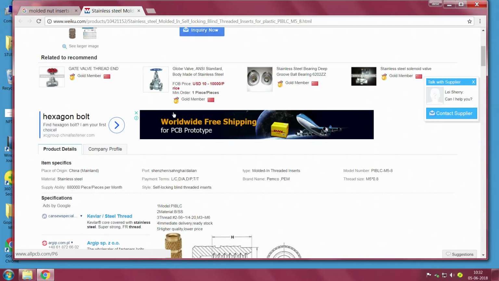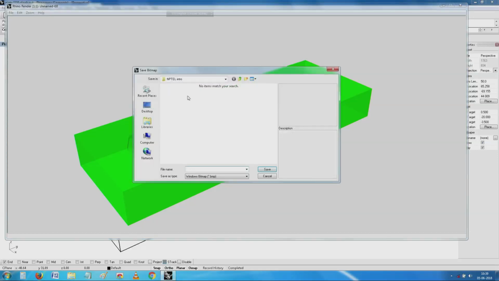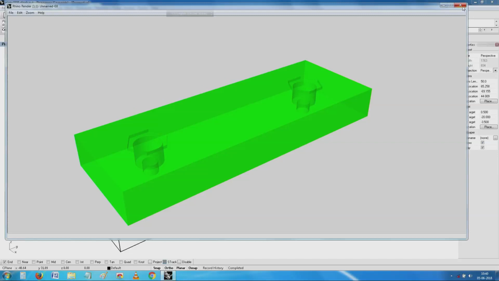So kindly see my working computer, you see here what we have done. The object has been, I will not save it, problem.